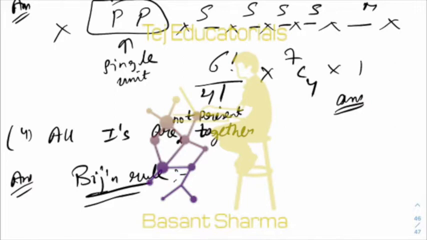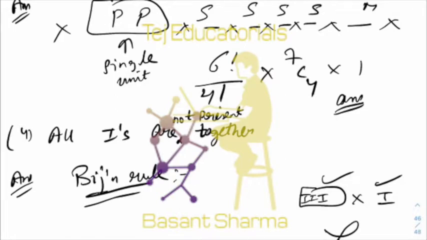In that we said that when the question asked is all of some objects are not present together, then you see, in this particular case, if three I's are together and one I is somewhere else, then this is a favorable case. Okay, so this must be counted. This is different from the case when we have no two I's together. In that case, this is not a favorable case. Okay, so bijection rule is actually